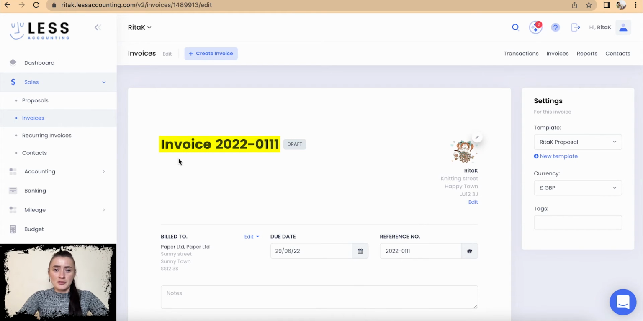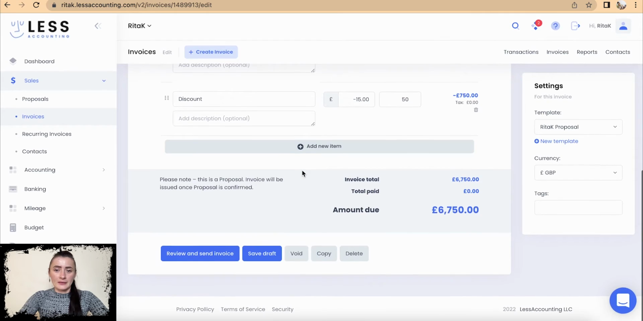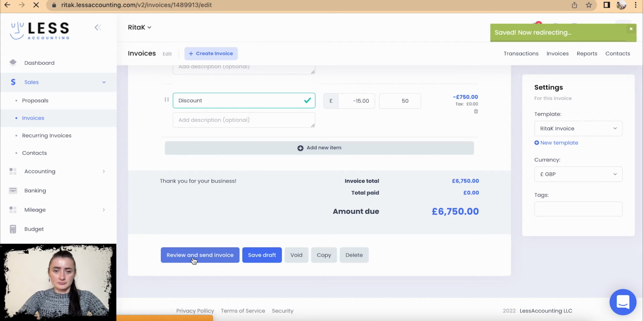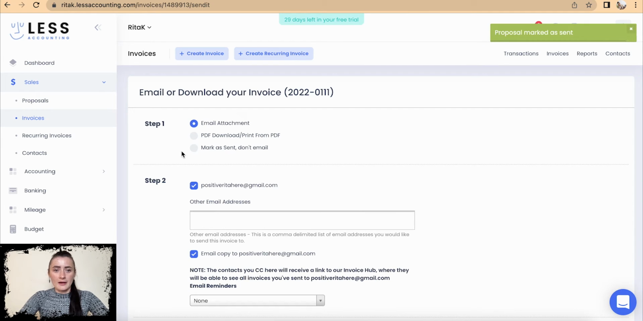Okay, and invoice being generated already, and we can select template. Firstly, I have separate template for invoice, change currency if required, and review and send this invoice. Okay, now we have three options to choose from: either email, invoice as an attachment, download and print as PDF,